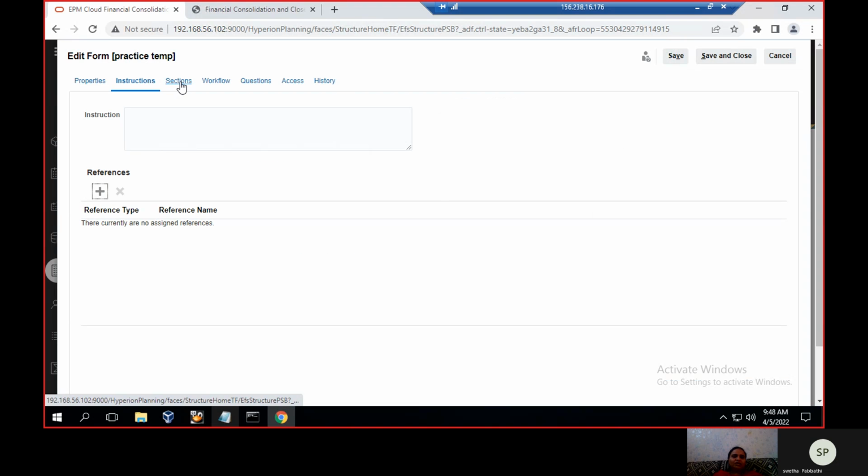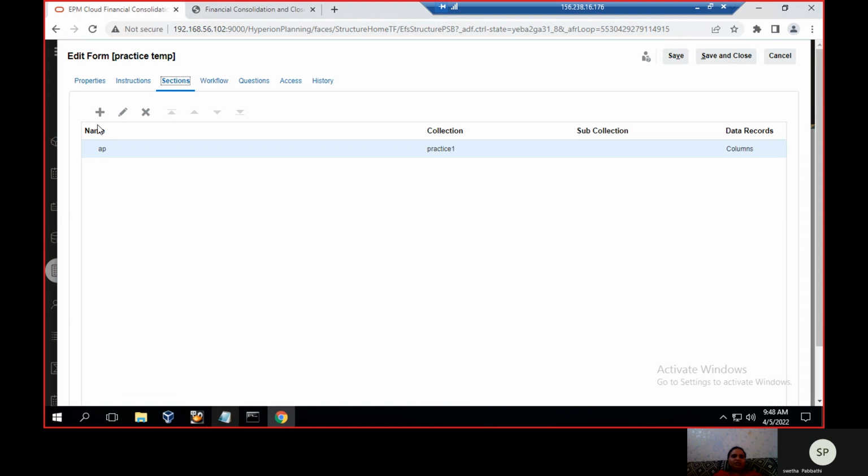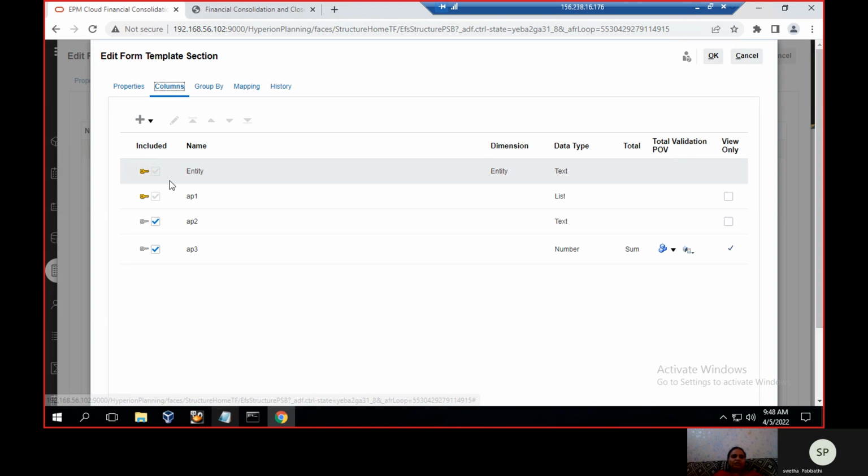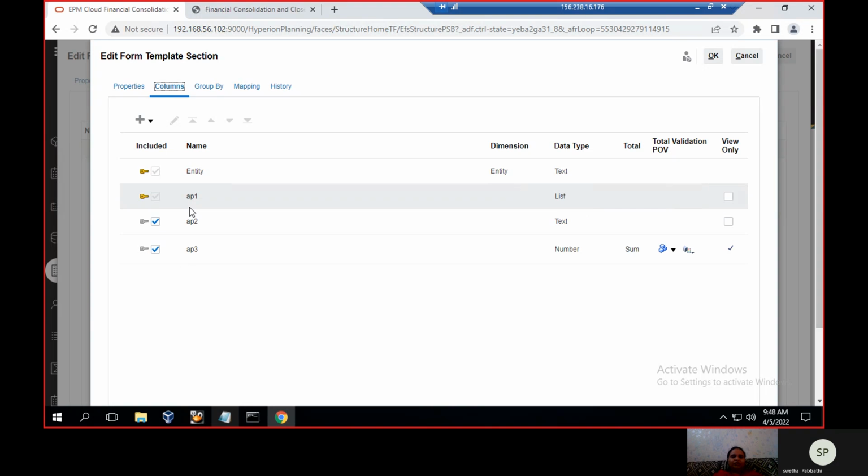And then coming back to the sections tab. In the sections tab, I will show you. Giving the name, undertaking as the collection practice 1, and sub collection all, and data records as the column. Then click on columns. So here are the columns. For these I have created like a